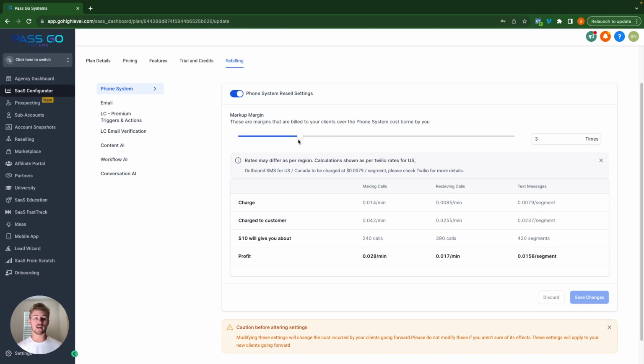So again, going back to the first point of selling one aspect of the software, you can sell that one conversations tab that gives people all of the conversations that they're having with their clients and customers in one place, and then you rebill them and set it to 2 or 3 times for every text message and phone call and everything that they get set up, and then you set them up with a business phone number inside of HighLevel, and now every time they reach out to their customers with text messages or emails, then you profit just